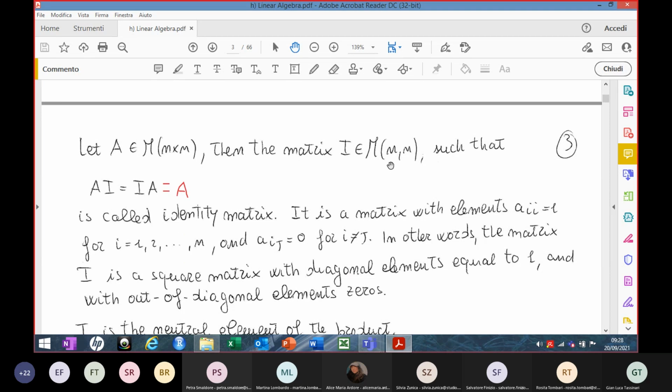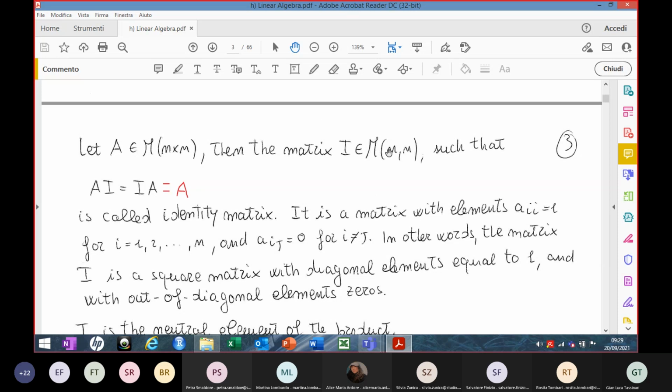But what I'm saying in reality is more general. However, for simplicity, I explain it for square matrices. The matrix I, which is a matrix with all the diagonal elements equal to 1, and all the elements outside the main diagonal equal to 0,